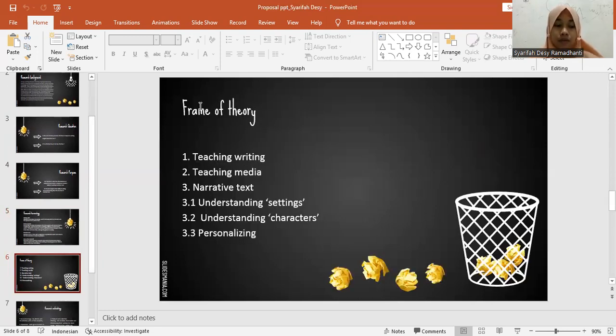Now we will move to the frame of the theory. Also there is teaching writing, teaching media, and narrative text, and it contains understanding the settings, understanding the characters, and personalizing. So teaching writing is when we teach the students how to write with good grammar and good sentences. Okay, students come to grasp writing as a method of communication when a writing process is employed to